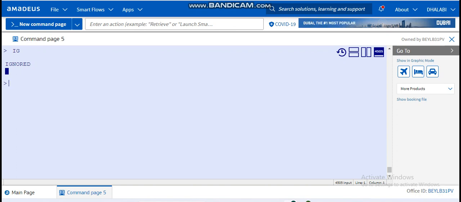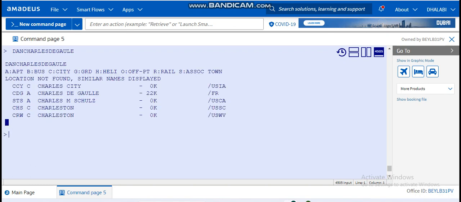You can write down the encoding, decoding entries. In order to know the code of a name, you write down DAN, because N stands for name. You already have the name and you want the code. So let's say here DAN, and you write Charles de Gaulle. Enter. The system will give you all the airports that start with what you have written here. And as you can see here, if you try to find Charles